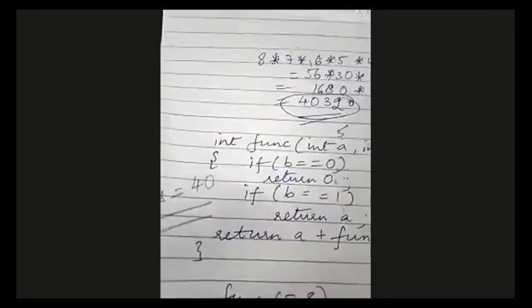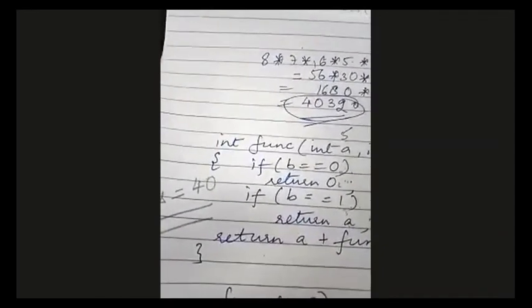अब जब 0 हो गया तो यहां से रिटर्न कर दो 0. जब 0 हो गया तो यहां पर आ जाएगा 0 वैल्यू. When b equals to 0, the value returned is 0. See here, it is written there in the base case. So that means 8 times 5 will be added. So the answer to this will be, output will be 8 times 5 is 40. Answer will be 40.